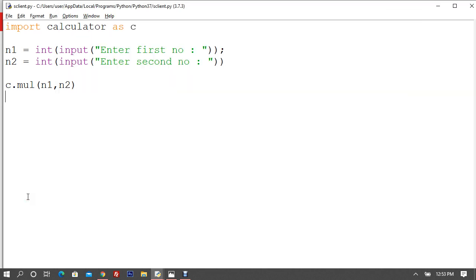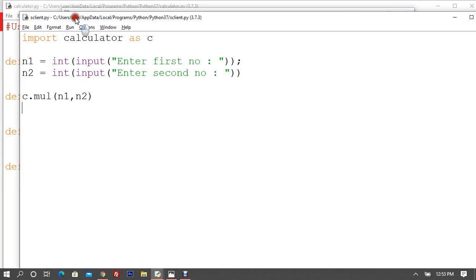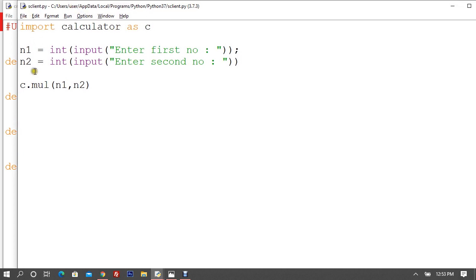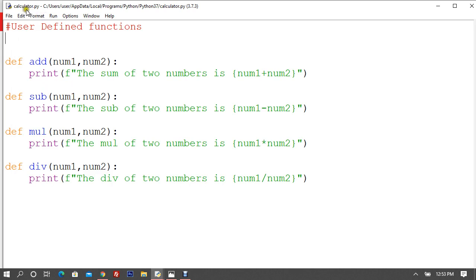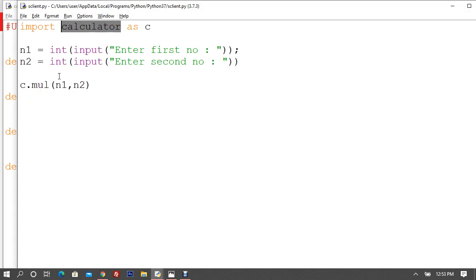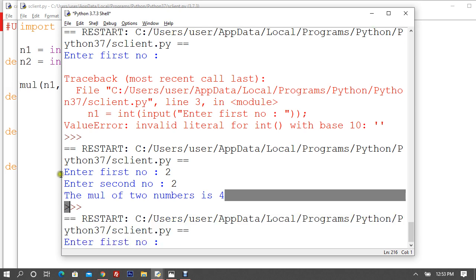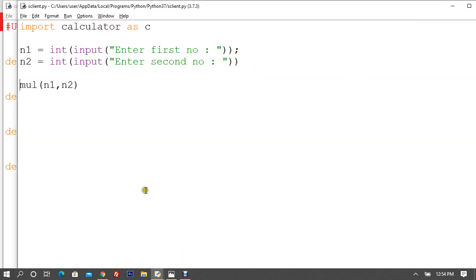Alright, so now you can see you have imported this right here. I'll show you once again, don't worry. Alright, you have imported calculator, which you have saved as calculator.py. You imported it as C, or you can say, if you don't want to use it, if you want to use direct multiply. Alright, so you'll understand import like this, in a much better manner. So I'll say 10, 20. You're again going to get an error. What is this multiply? I don't know actually, right? So now what you can do,